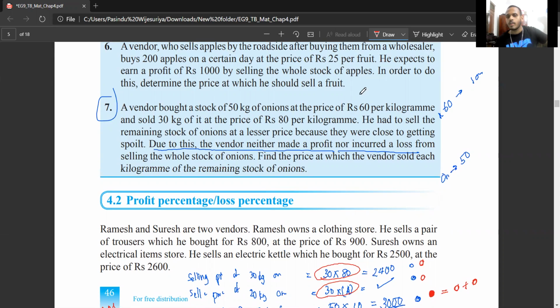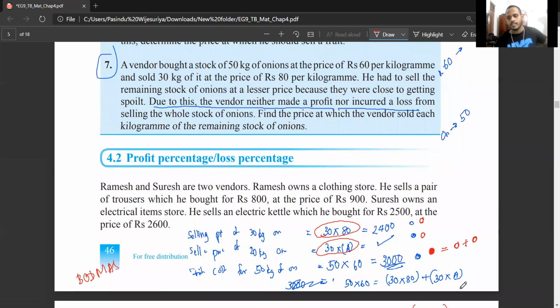He bought 50 kilograms of onions at 60 rupees per kilogram and sold 30 kilograms of it at 80 rupees, and then sold the remaining 20 kilograms at